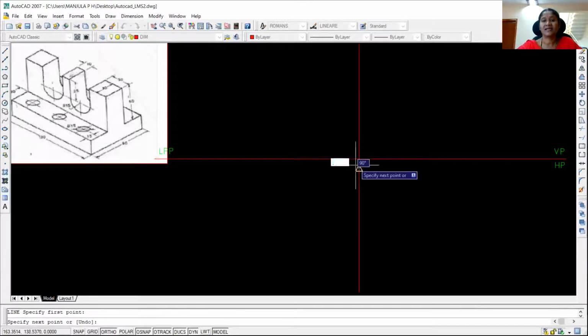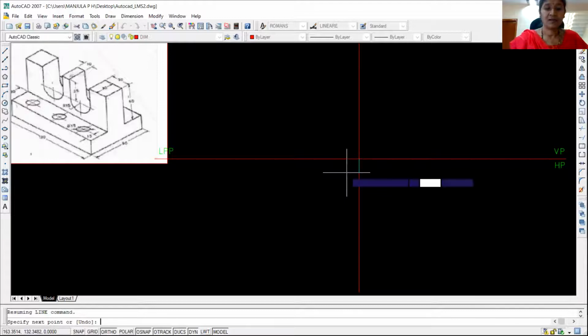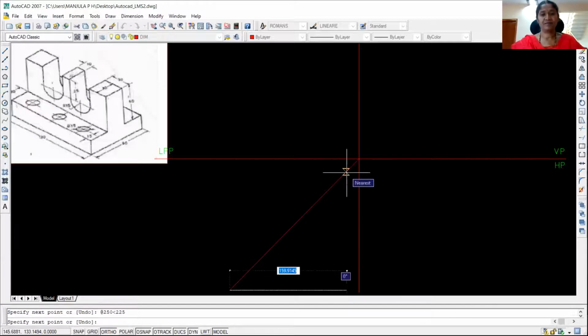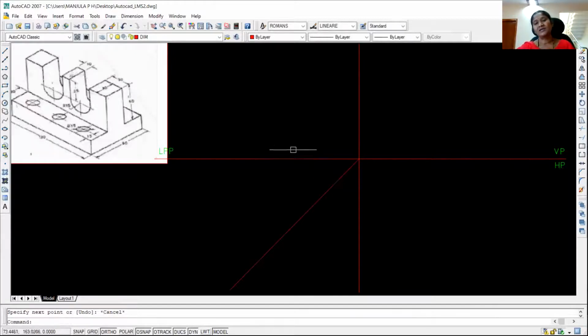So for some distance, you draw a 45-degree line to 20. Okay, so this is the 45-degree line in order to draw the projectors from the top view to the side view.